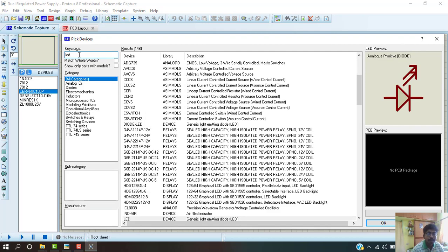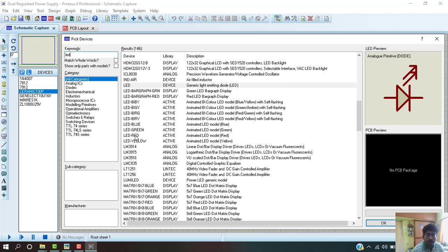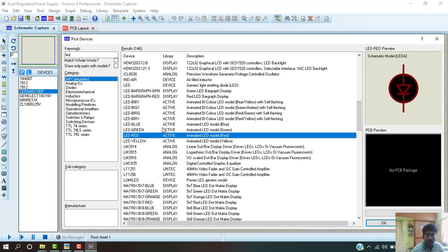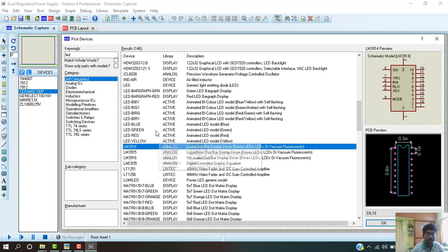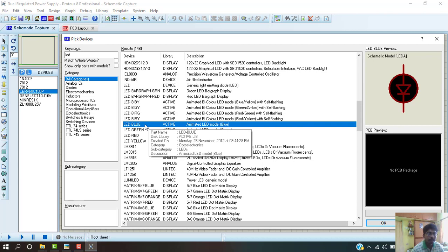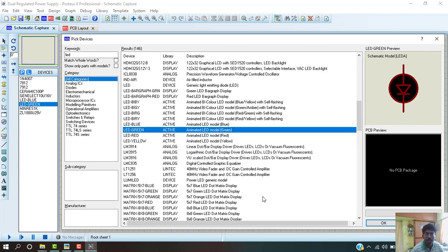Then you scroll over here and select the LEDs. We have color LEDs, LED blue, green, yellow. Okay, select any two color LEDs as you wish. I am going to select blue and green over here. After selecting all the required components, click OK.